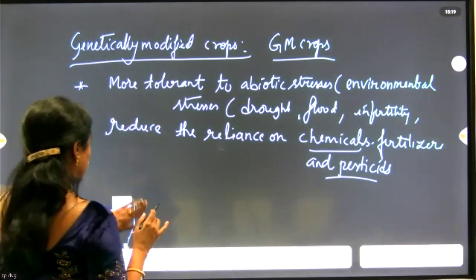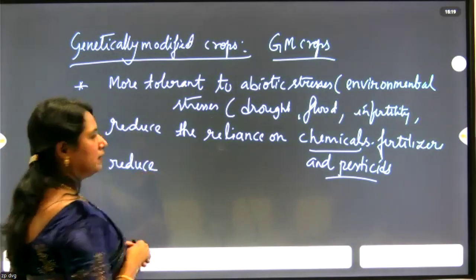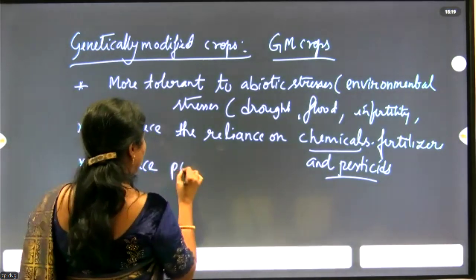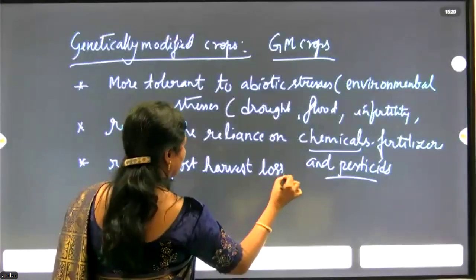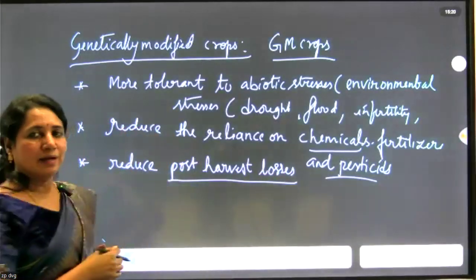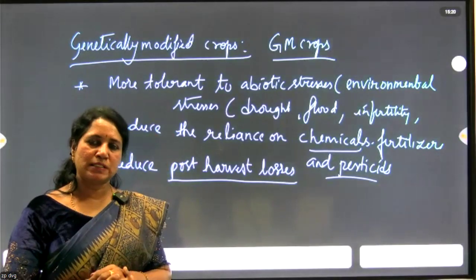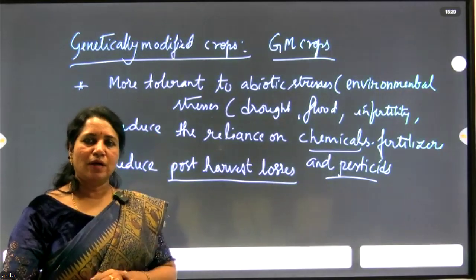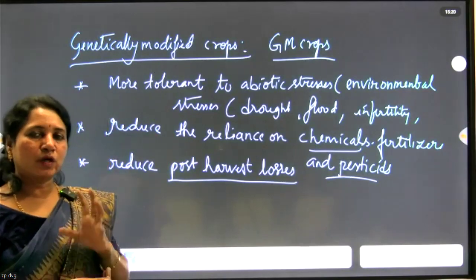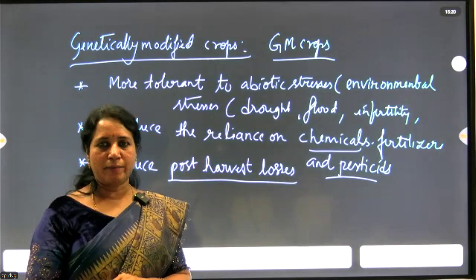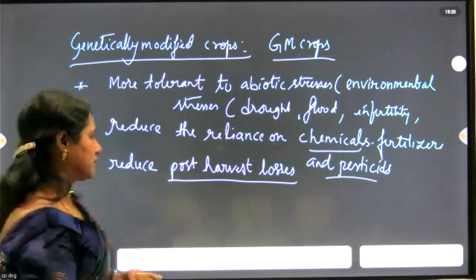And then they also help in reducing post-harvest loss. Post-harvest losses mean the yield, the products, if grain, food products, any cereal products, pulses or fruits or vegetables, have a longer lifespan. They do not perish very easily. That means during the harvest, these crops won't get damaged. So that's why it also reduces post-harvest losses.